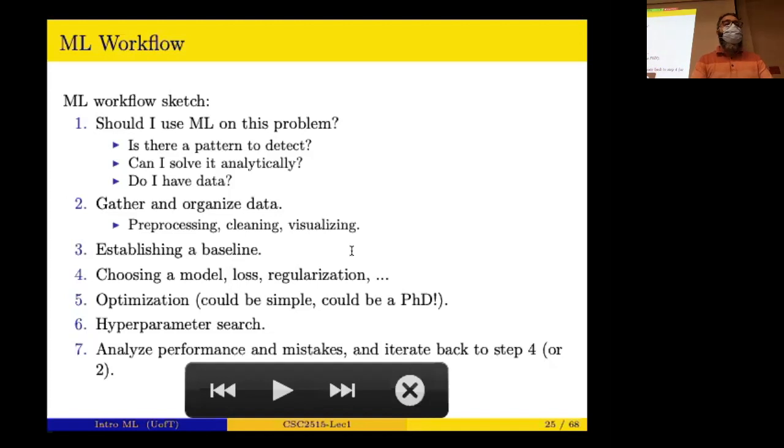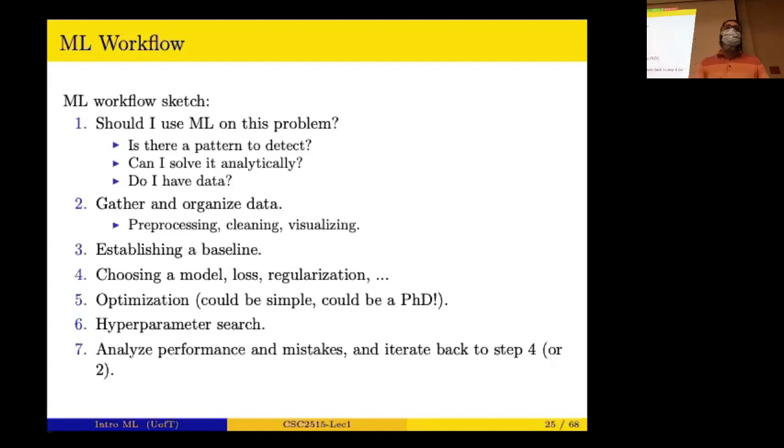Then we need to choose a model, loss function, regularization, all these things, which we don't know what they are yet, but we are going to talk about them soon, as the main components of your machine learning. A machine learning algorithm has a model, it has something called a loss function, it may have something called regularization, and then you usually need to solve an optimization problem in many cases, but not always. The optimization problem might be easy or might be complicated, and then you get a solution.